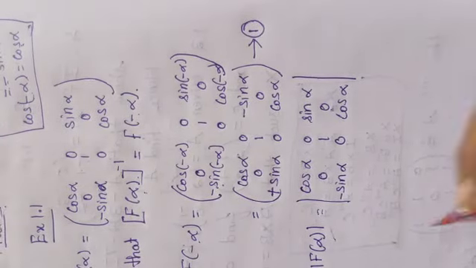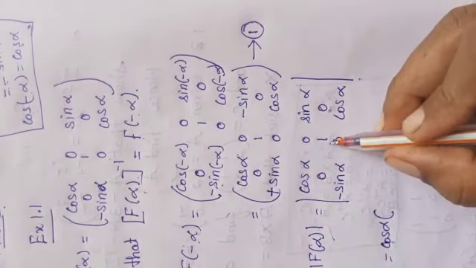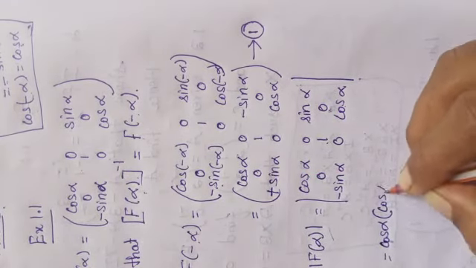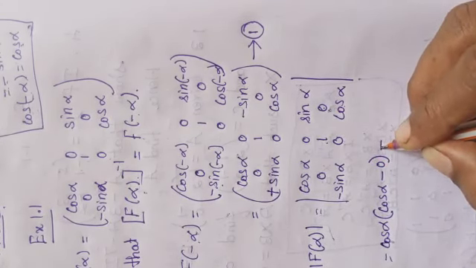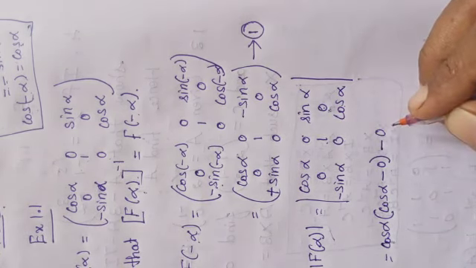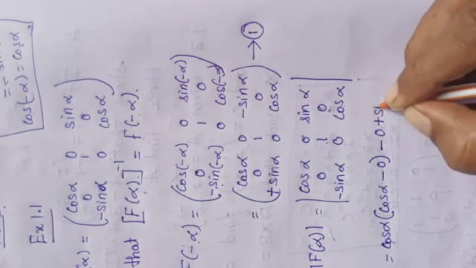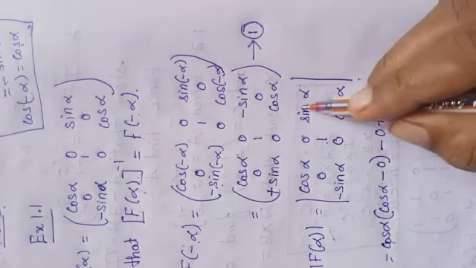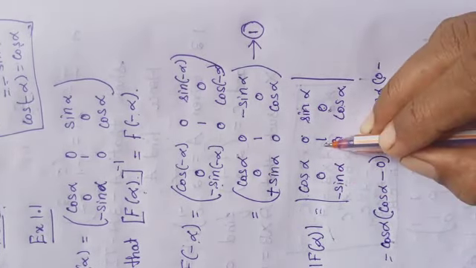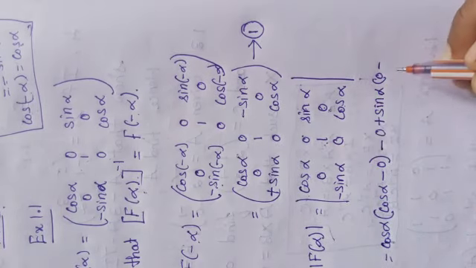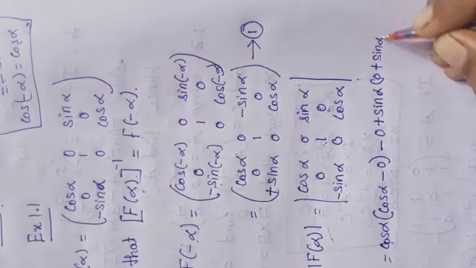Okay, now shall we simplify? We write first cos alpha into, leaving that row and column, 1 into cos alpha minus 0 into 0 is 0. The second value, when we write minus, 0 into any number is 0, so we need not do that. The next value is sin alpha. So plus sin alpha into, leaving that row and column, 0 into 0 is 0 minus sin alpha into 1, that is minus sin alpha. Since we have a minus here, minus into minus sin alpha is plus sin alpha.